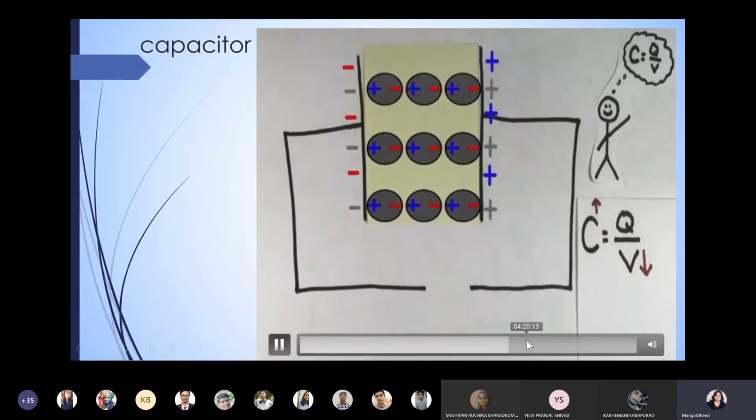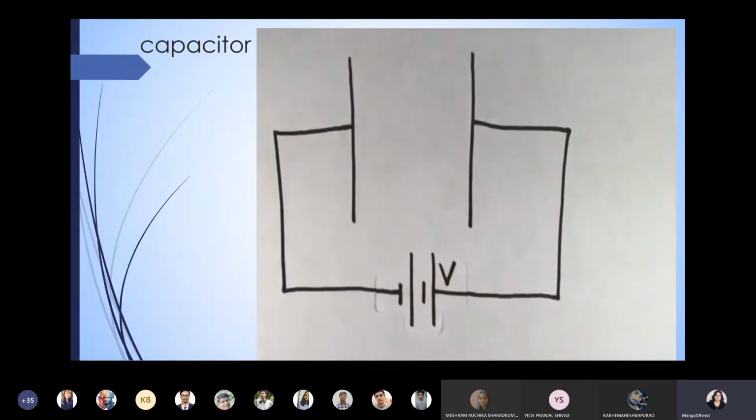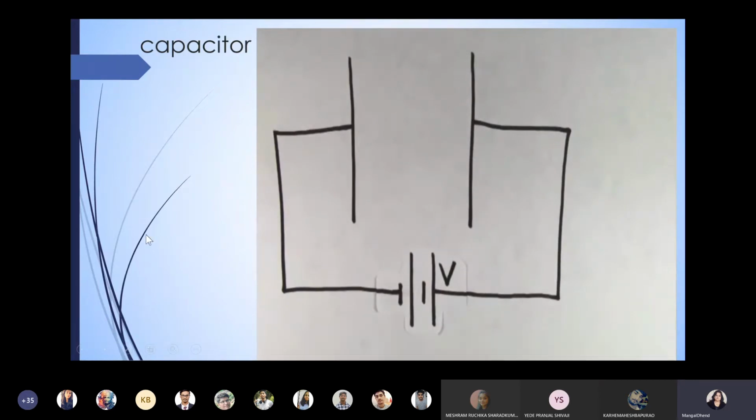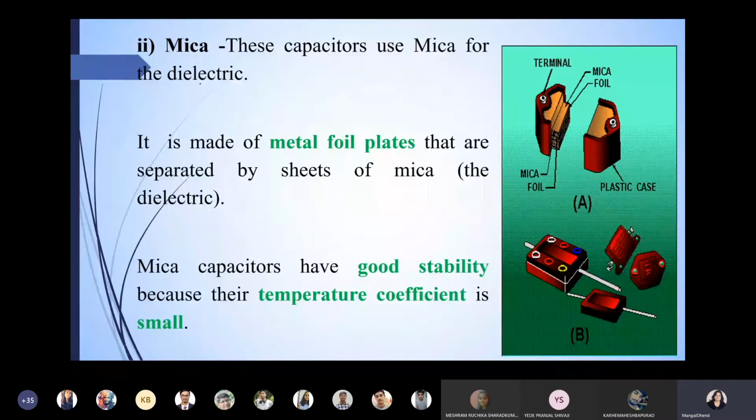Let's look at another case of inserting a dielectric. Imagine we again let a battery of voltage V fully charge this capacitor. We'll see this in the next unit also, because this is required in dielectric properties. Right now I have just shown you why dielectric material is used to increase the capacitance. How it increases, when it will increase, when it will decrease, that we'll see in our first unit.